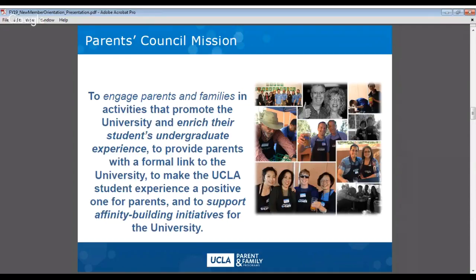Parents Council works to perpetuate with peers, staff, faculty, administrators, and even the undergraduate student population that parents and families are an important part of the university community as well. The council has created relationships with other members of the UCLA community that break down stereotypes of parents and increase the visibility around the role you continue to play in your students' educational endeavors.